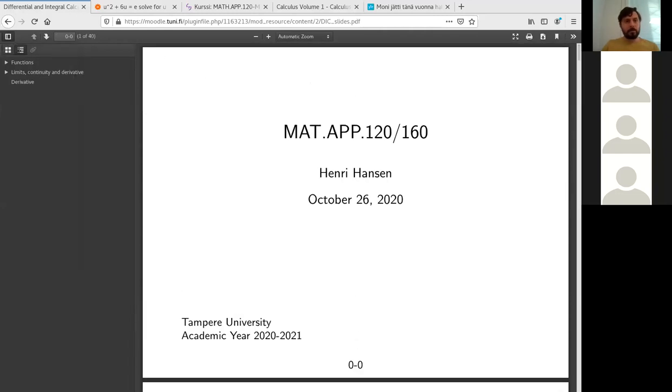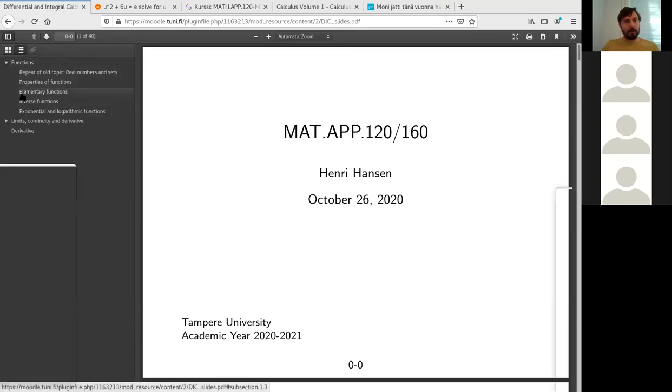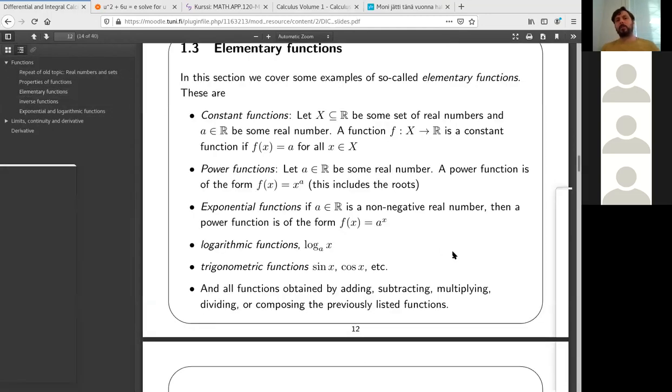And I'll just, functions, elementary functions. So we have constant functions, power functions, exponential functions, logarithmic functions, trigonometric functions. And all functions obtained by adding, subtracting, multiplying, dividing, and composing the previously listed functions. Okay? So the way we can find the derivative for all elementary functions is by looking at the simplest cases